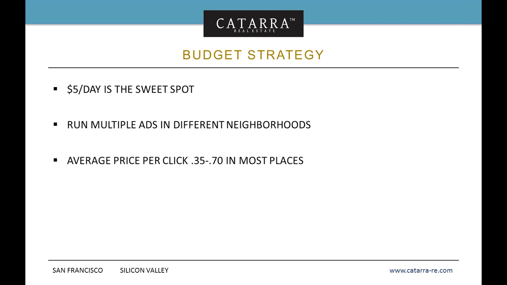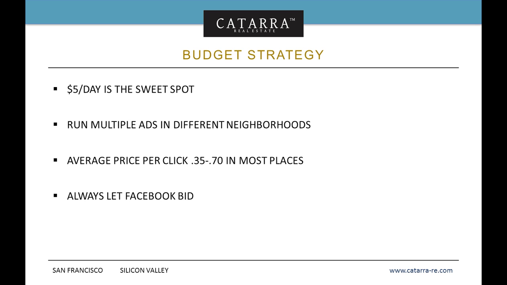Average price per click, 35 to 70 cents is what I put in here. That's generally kind of true. I actually upped it a little bit to 40 to 80. I went back in and looked at some of my ads. I mean, a lot of them are below 40, but 40 to 80 I think is a slightly better range. If you're paying $1.25 to $1.50, it's probably in a high value neighborhood where there's not as many Facebook users. And so your ads will show up, but you won't get as many clicks. So that's where you get the higher price per click. You may not want to chase those unless the property values warrant spending the money generating the leads.